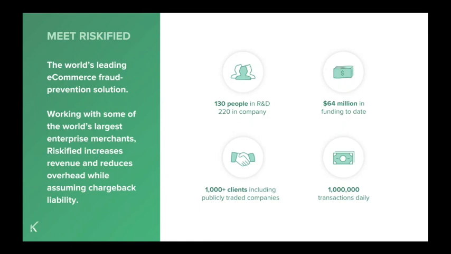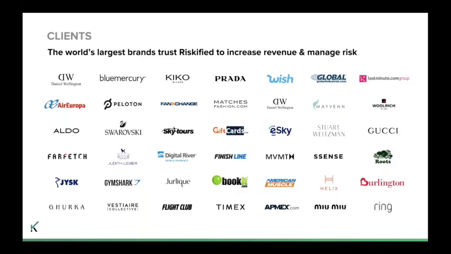Most of the company is in research and development, data analytics, things like that, and that's a major reason why we have 1,000+ clients, including publicly traded companies. We've listed some of them here. I think the key takeaway from this is that fraud goes after any industry, as you can see. Gift cards is probably one that you could have guessed, sneakers with Finish Line, and then we even have some here like Global Industrial, which sells B2B online and has seen fraud. So fraudsters do not discriminate. They find where the money is and they go after it.